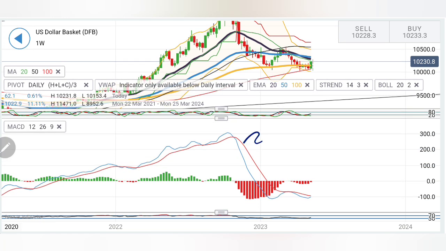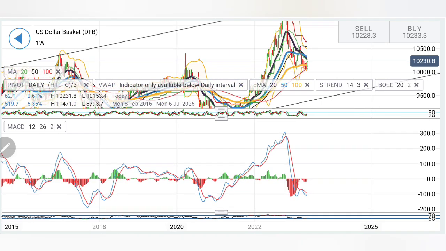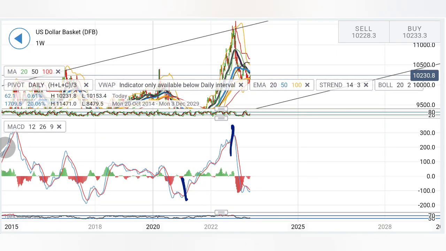Now see, stochastic was oversold, trying to recover a bit. The MACD, for last few weeks, has seen a vertical fall, and that is where a hope for little retracement for next couple of months exists, which might pull the prices little higher. And that is where we are coming from. That yes, it can try to attempt and achieve 105.5 levels in next few weeks or so.